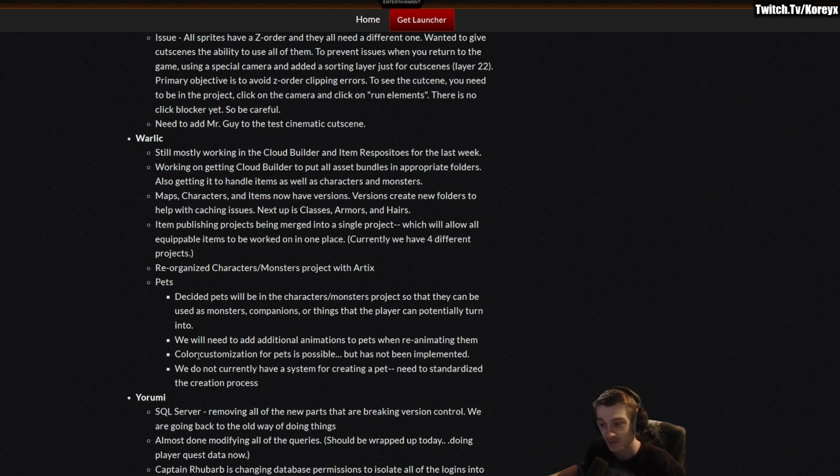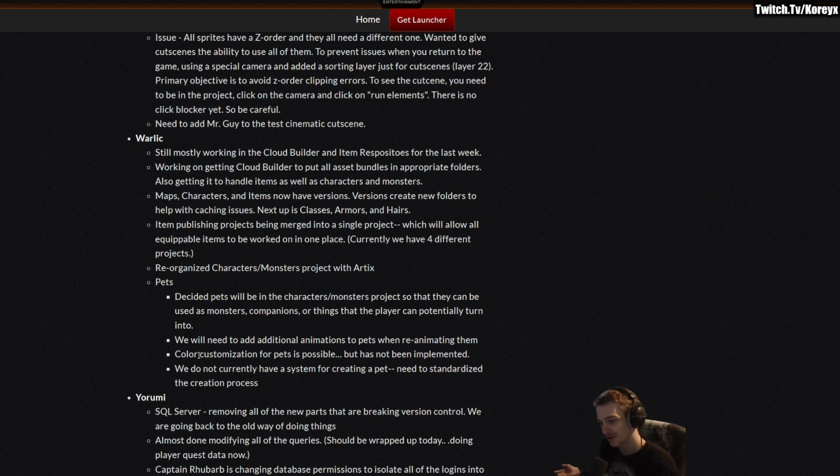Color customization for pets is possible, but it's not been implemented. So right now in AQ Worlds, there are a couple color custom pets, but the color custom doesn't really work properly on pets. It always breaks, and it's not something that they do for AQ Worlds. In AQ2D, of course, different game engine, doesn't have the same issues, so you will actually be able to have color customizable pets, which would be cool.